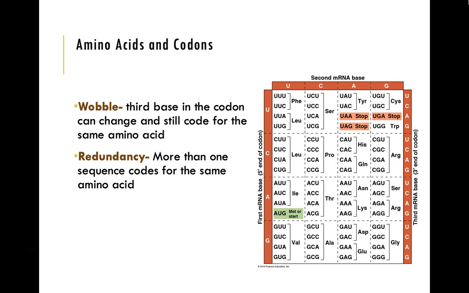So this leads us to redundancy. This is very closely related to wobble, and it's just the fact that more than one sequence can code for the same amino acid. If you'll notice, there are 64 different codes, but there are only 20 amino acids. And again, this just sort of helps with